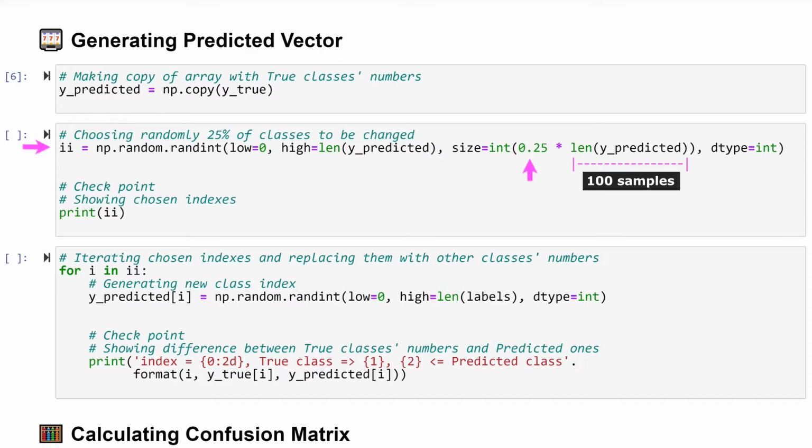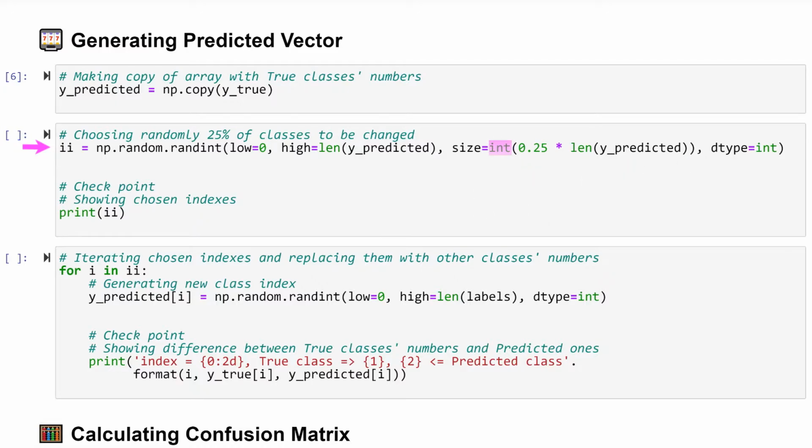These indexes we will use in the next cell to change true classes numbers to different, in other words, not correct classes numbers. It also can be seen as the accuracy of the model, where approximately 75% of samples are classified correctly and 25% classified incorrectly. Later, you can experiment and set a different number here, bigger or smaller.